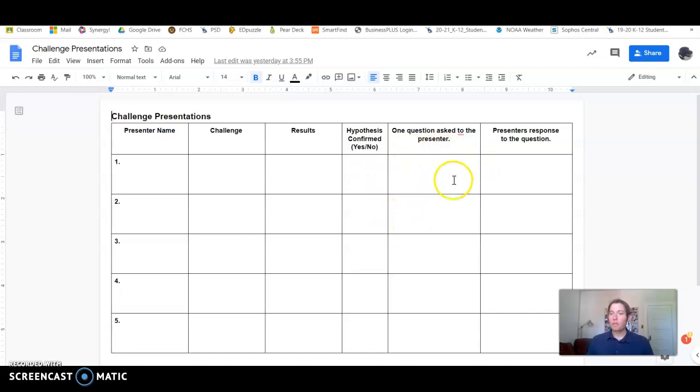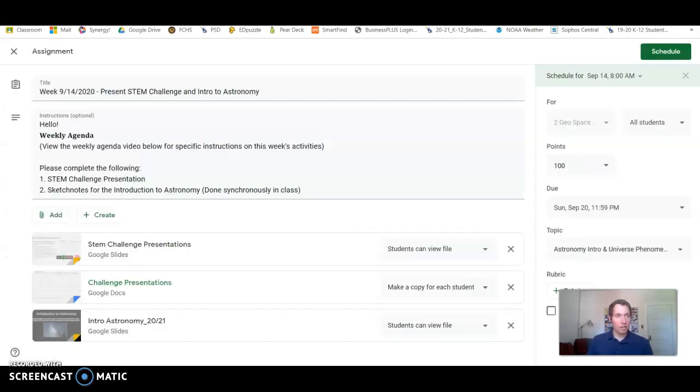And then as a group, you're going to ask the presenter a question, and then you're going to copy down a brief response. Okay, you're going to do that for every one of your group members. You don't have to record yourself. So that is item one on the agenda. The second item is actually going to be